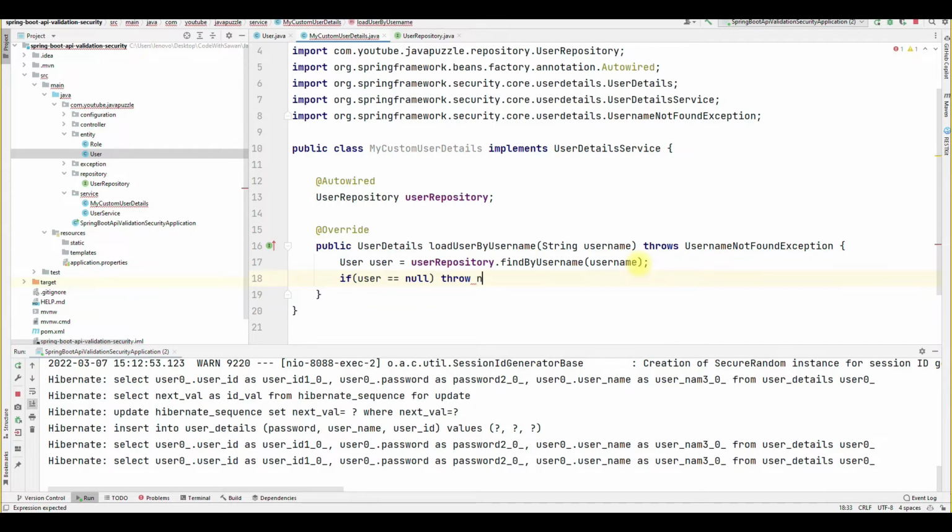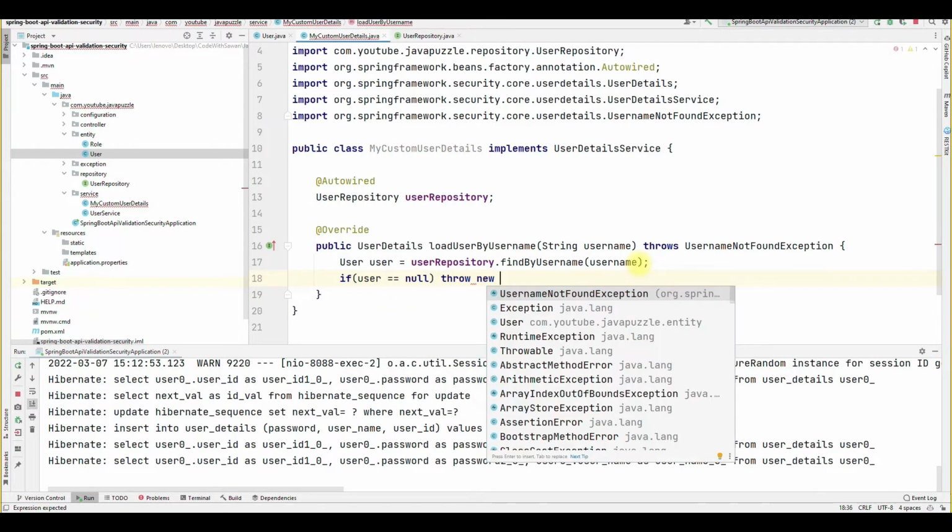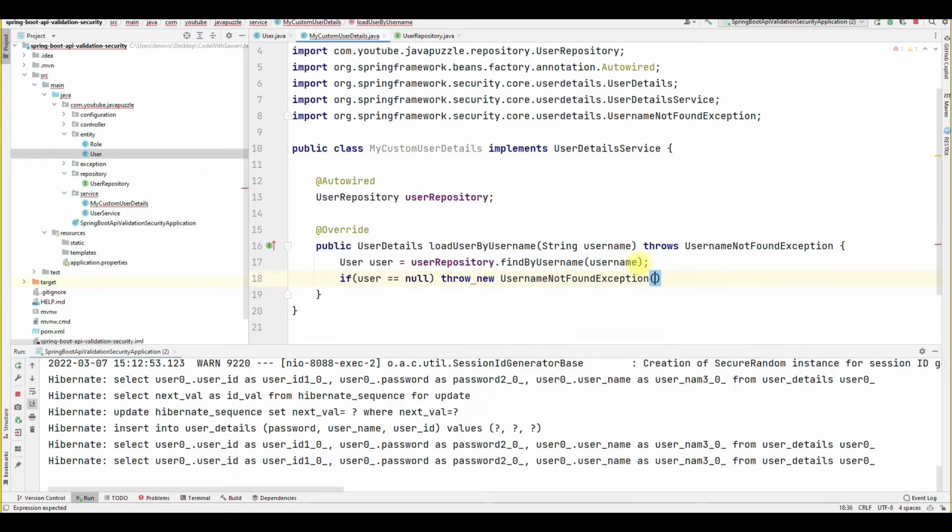The exception is UsernameNotFoundException from Spring. We didn't create this class, so here we just pass "could not able to find the user". Now if we come under line number 19, that means the user is valid from the database.